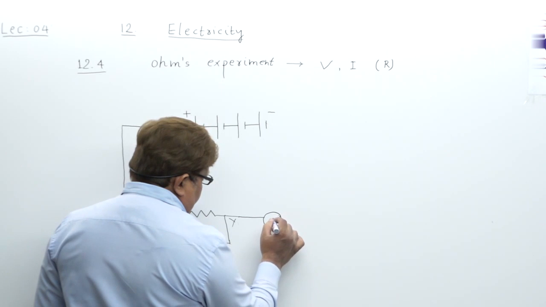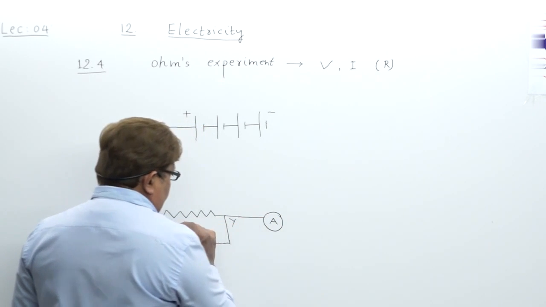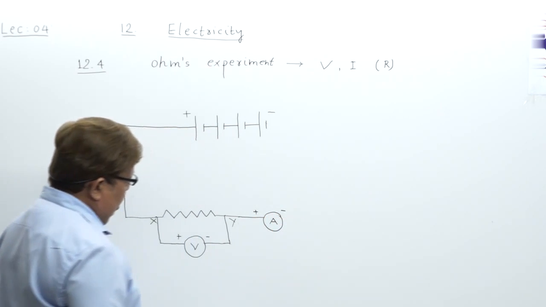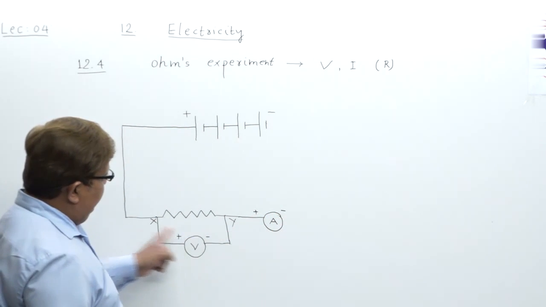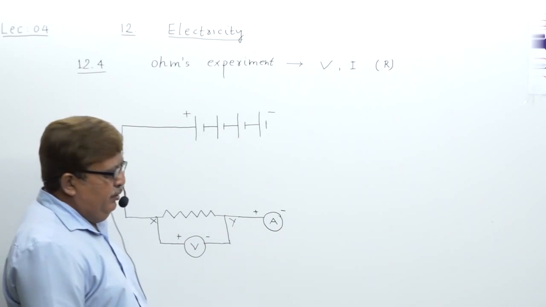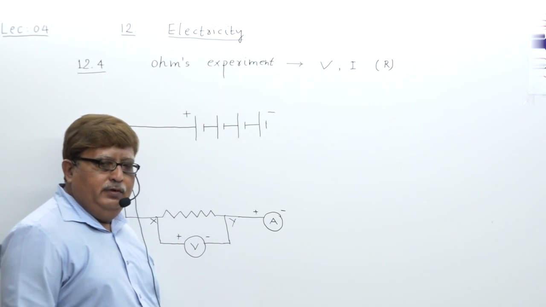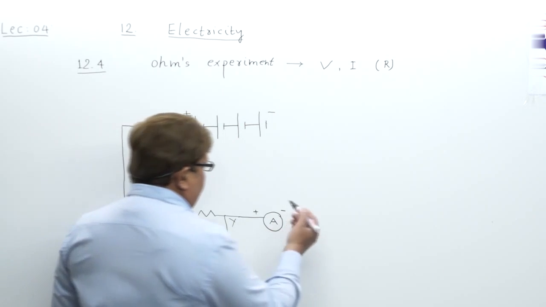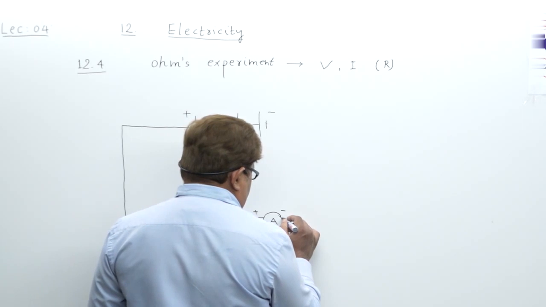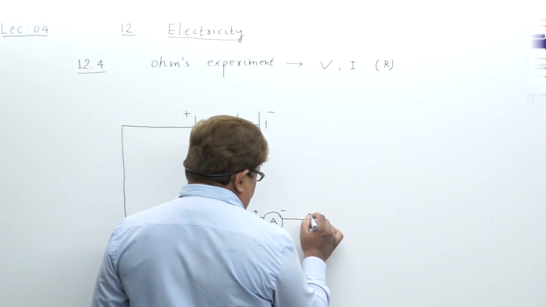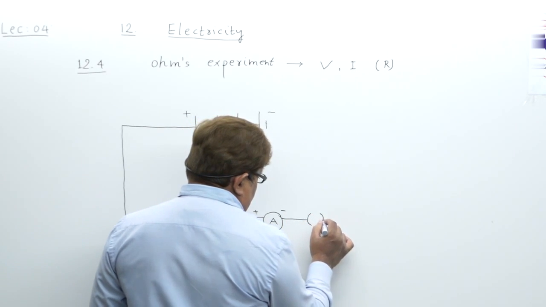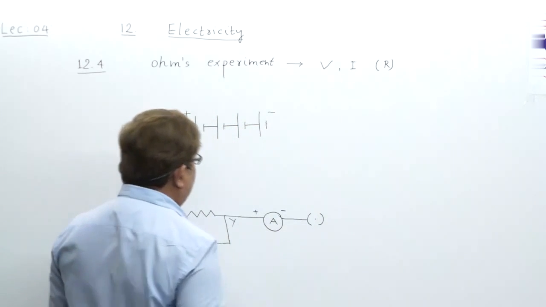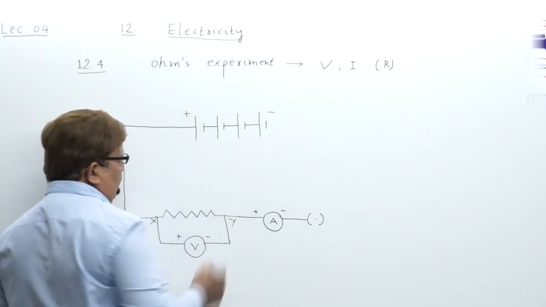Ammeter is always connected in series connection. This is positive and negative. Here again, take care that the positive electrode of the ammeter has to join with the positive electrode of the battery. Understand? Then, my dear student, the plug key, as you know, somewhere we have also shown it. Plug key, okay? And then just try to understand.